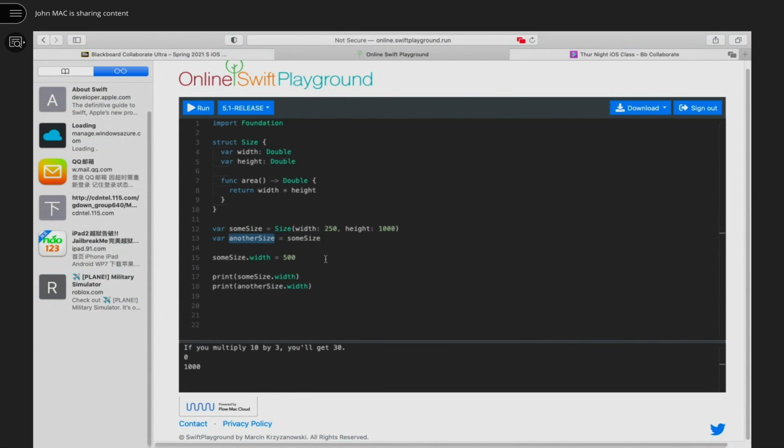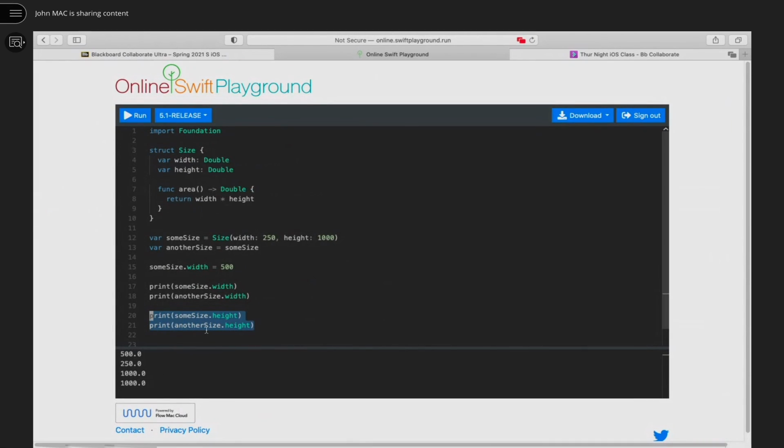In that case, I'm going to print out the width and also the height. The height should be the same because you didn't change it. You changed someSize's width from 250 to 500, so the width should be different and the height still the same. So when I run it,